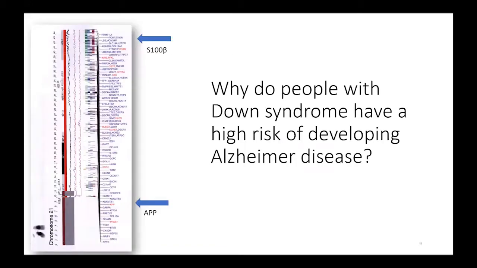But one of the key reasons, I think, it's important to look at Alzheimer's disease in people with Down syndrome is the fact that on chromosome 21, as many of you well know, we have the amyloid precursor protein gene. We have a number of other genes that if you look at that, I'm sure you're going to find some genes relevant to your own research. One which I'll revisit at the end of the talk, S100 beta, which is a protein associated with astrocytes.